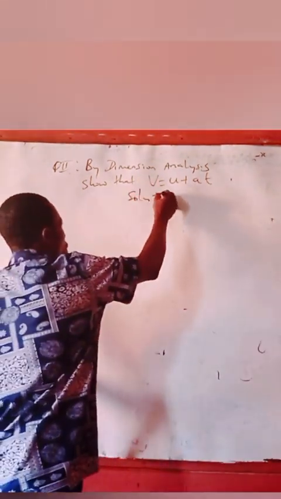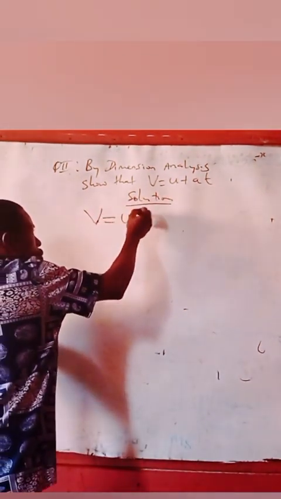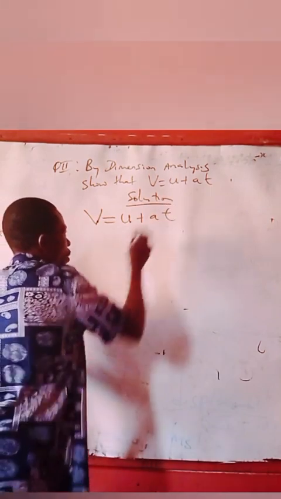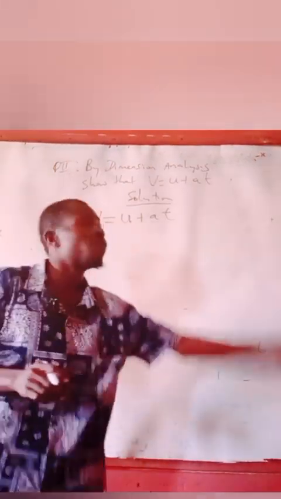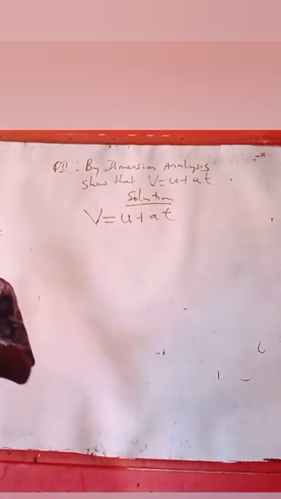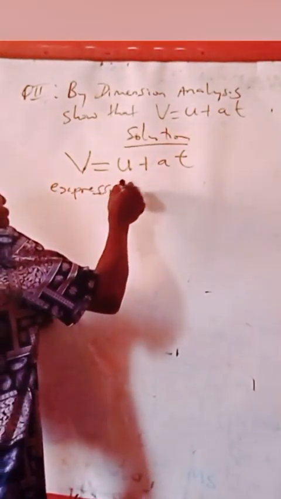Now, how do we do this? What we want to prove is this formula, v = u + at. First of all, when you have a situation like this, express everything in dimension. First of all, express everything dimensionally. So, expressing all in dimension,